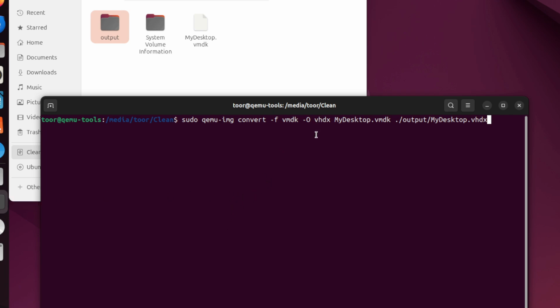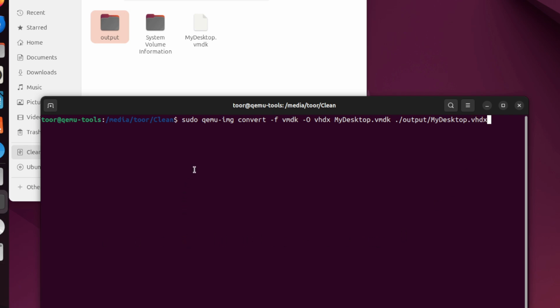Space vhdx space, then we'll see my desktop.vmdk, which is the file up here, and then we're going to do a space ./output. So dot means in this folder, in this location already, and then the / is the output here, so the output folder is after the /, and then / again,